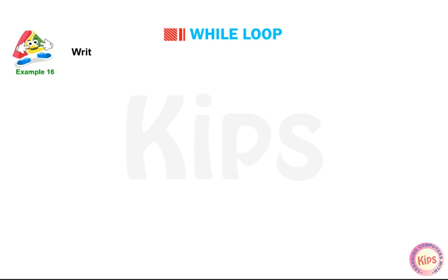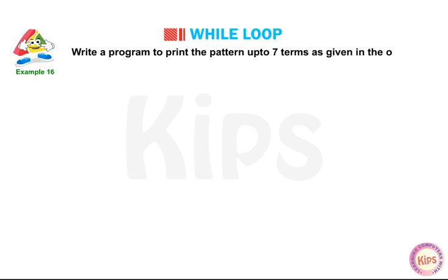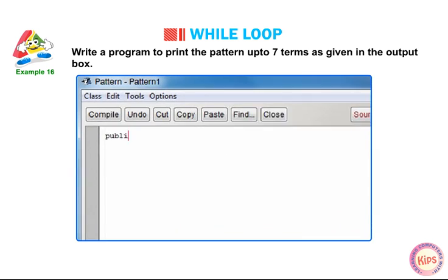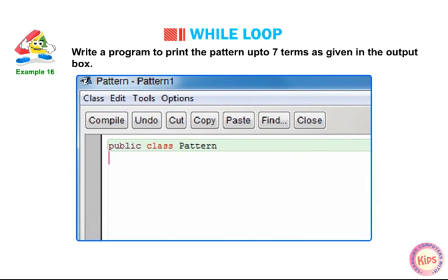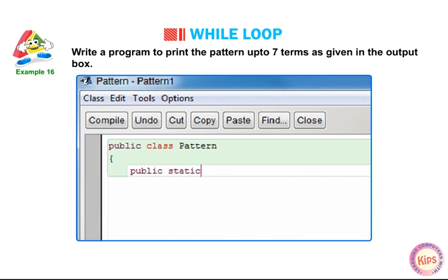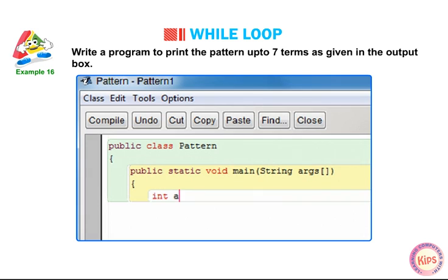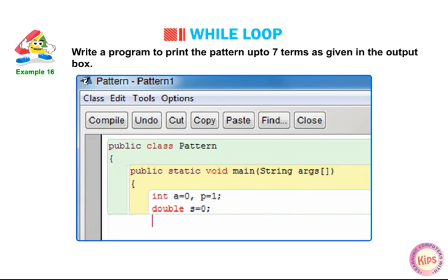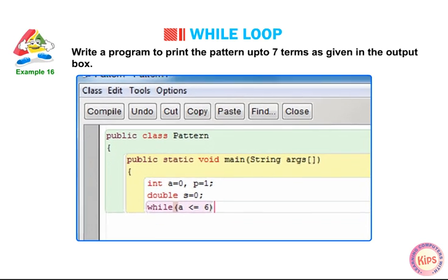Example, write a program to print the pattern up to 7 terms as given in the output box. public class pattern { public static void main(String arg[]) { int a = 0, p = 1; double s = 0; while (a <= 6) {